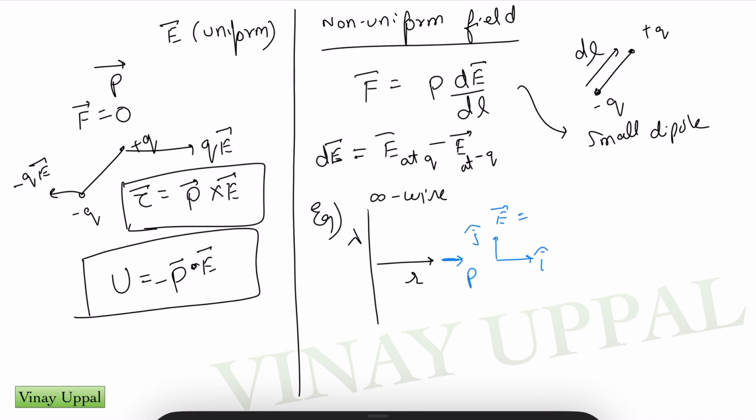Can I write my electric field due to the infinite wire? Let's assume it's positively charged, so that will be 2kλ/r î. So we know this from the field of a line wire, and therefore the force vector on the dipole will simply be p dE/dr. So dE/dr would be